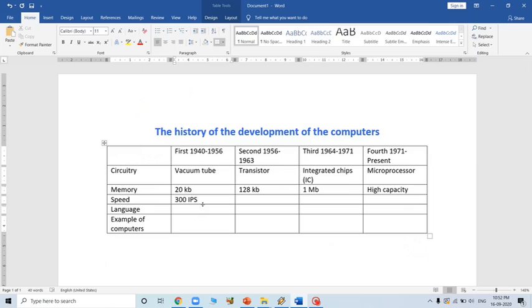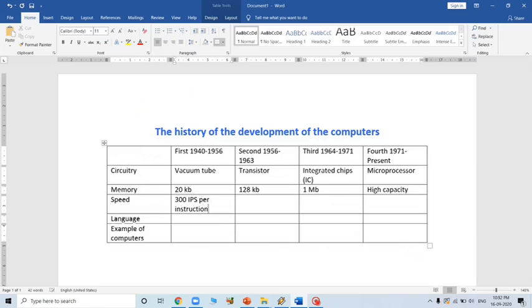And in the second, it was 300 instructions per second, and here it was 300 IPS.